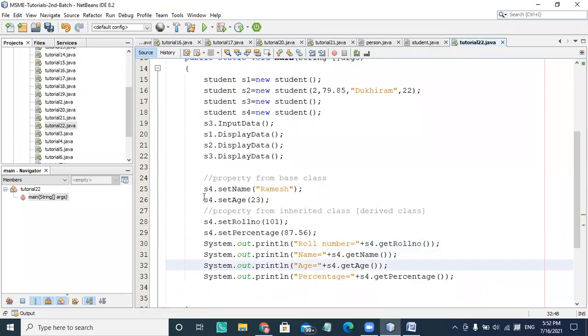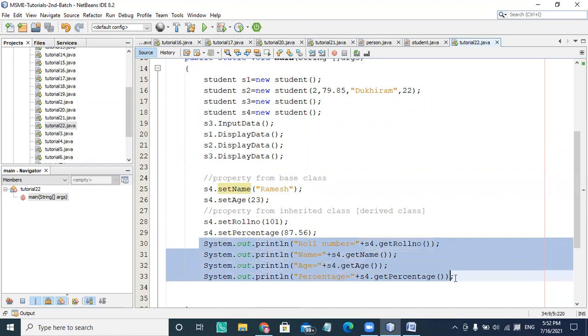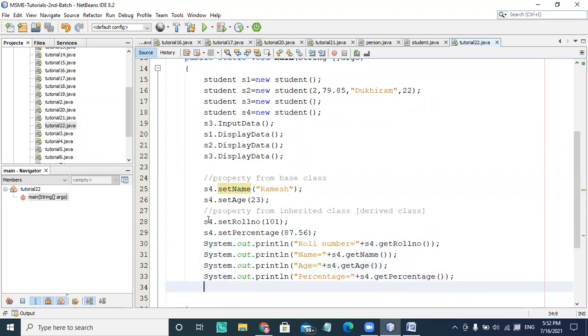So here it shows the roll number, name, age, and the percentage of the s4 object. So I don't need to use display data. Even if I'm not using the get property, it will show the same thing with the help of display data if I'm choosing s4.displayData.